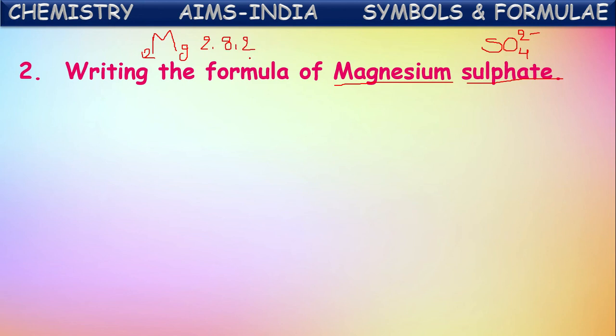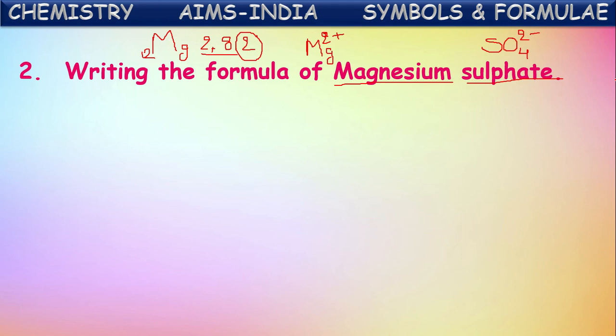Is it a stable element? No, because it has only 2 electrons in the valence shell. To become stable, magnesium loses these 2 electrons and hence becomes stable with the 2, 8 configuration. So by the loss of 2 electrons, magnesium now forms the Mg2+ ion. In this way, the ion formed by magnesium is Mg2+ and the sulfate ion is SO4 2−.